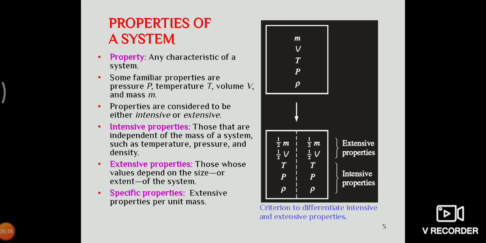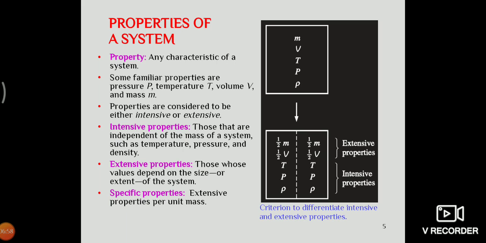If we consider an example, the box which is shown here, consider that box as a room, and consider a particular property, pressure. We are going to distinguish how to tell whether a property is intensive or extensive. If the room is divided into a number of parts, as shown by the dotted lines in the figure, we still find that the pressure P at any particular point remains the same.